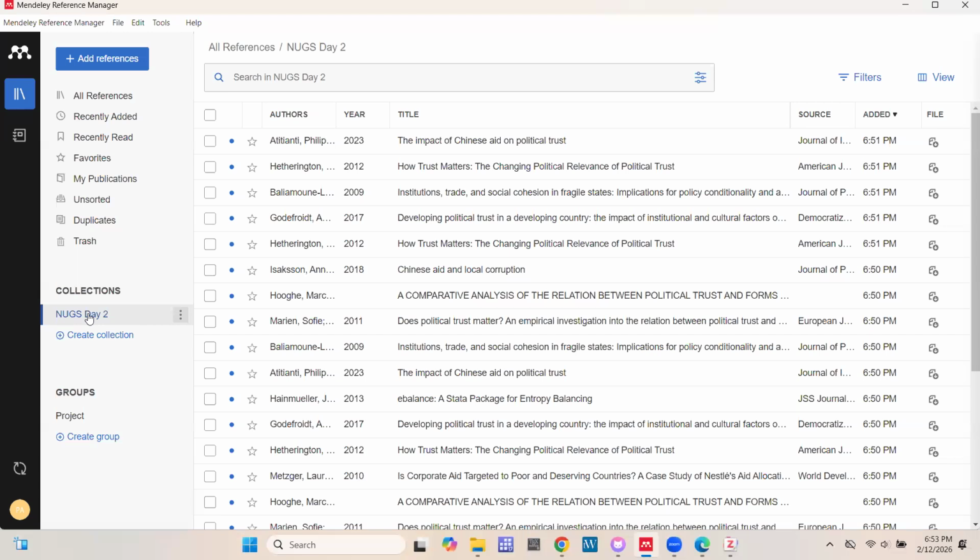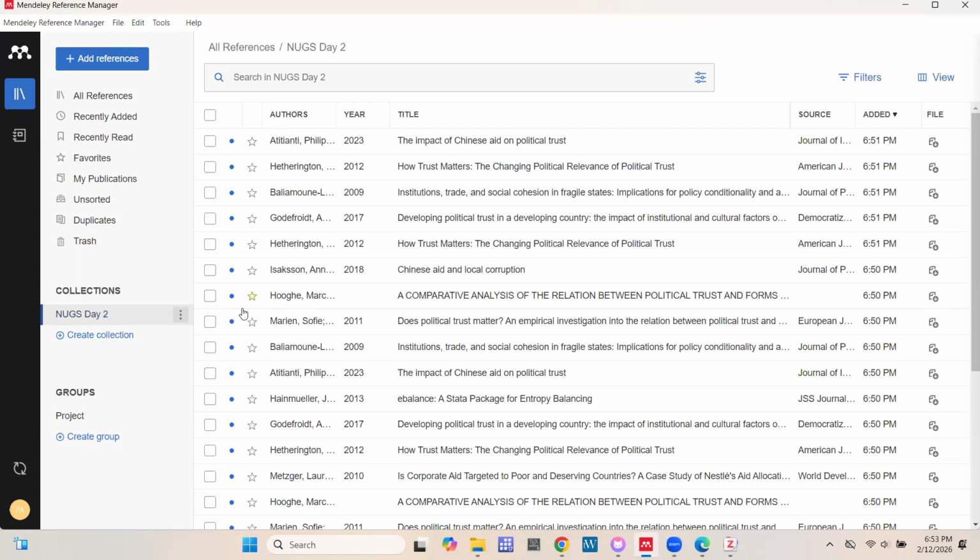Yes, but it's up to you. If you choose not to work with collections, it's up to you. You can choose how to work with your reference manager. But I normally go with collections because I like to organize my documents based on the theme or the project I am working on.